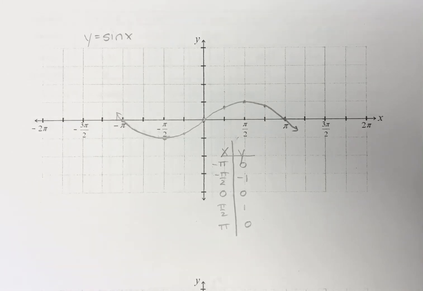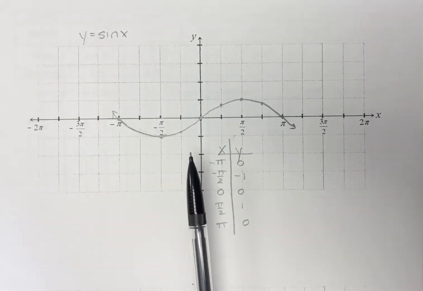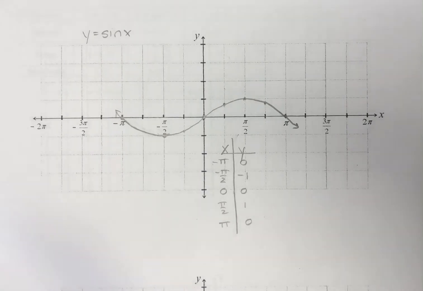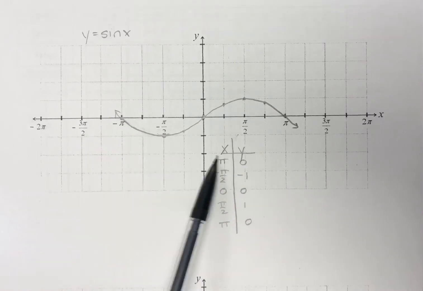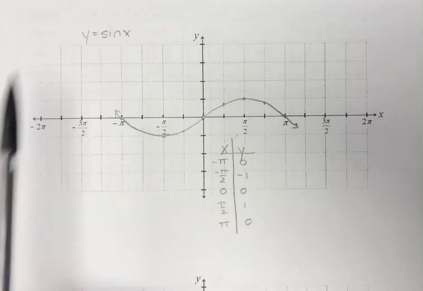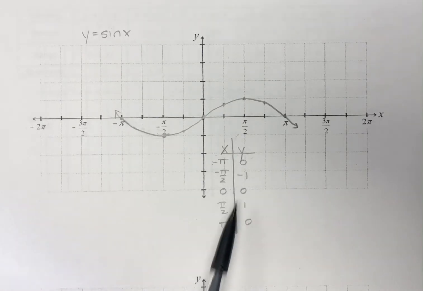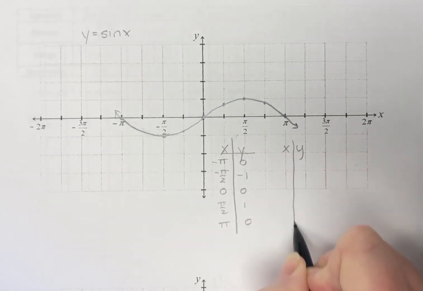Section 4.6 is on inverse trig functions. So the first thing that we're going to do is talk about deriving these inverse trig functions. We have learned that to find an inverse trig function, you switch your x and y. So I took the sine function and graphed it, and I wrote down 5 of the ordered pairs that come from this graph. Now if we follow the rules and we switch x and y,